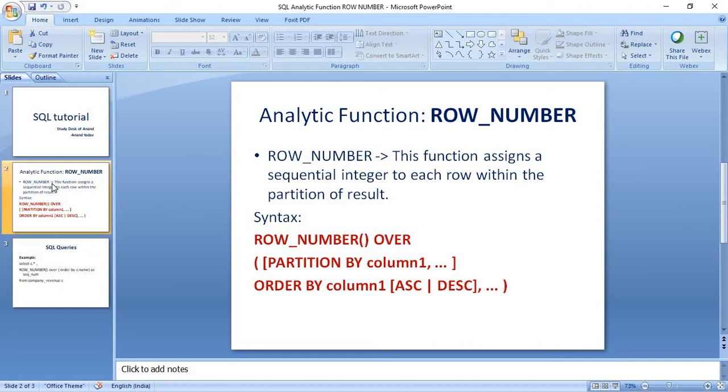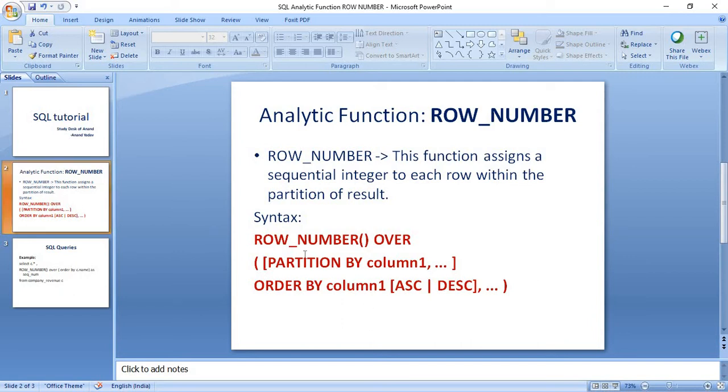And the second usage is if several departments are present in the table, and we wanted to know the occurrence of a particular department in the table, we can evaluate that with the help of row number. We will see both when we do the practicals, but before that, let me quickly walk you through the syntax.